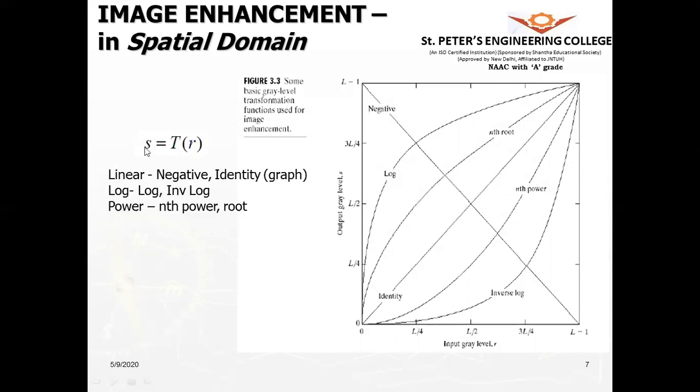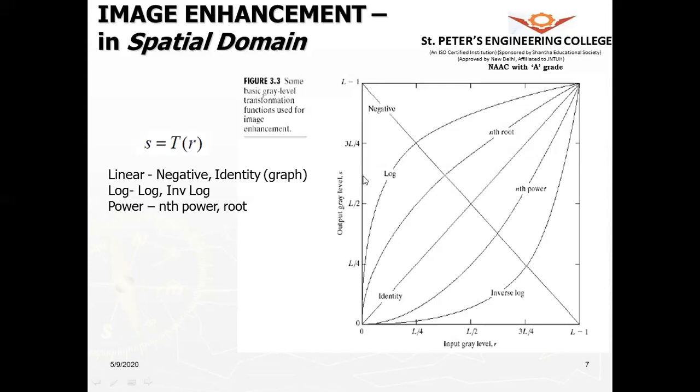So therefore, the intensity or point transformations can be grouped into either linear operation, which is a negative or identity. Negative is to find the negative of that image, and identity is just to duplicate the image by another image, the same copy. Multiple copies you can make by doing identity of that image. Next, we can perform logarithmic operation and inverse logarithmic operation, and power, that is nth power and power root of that.